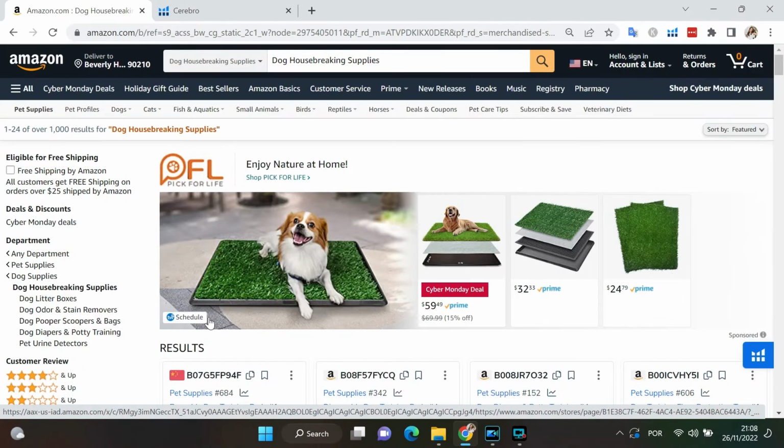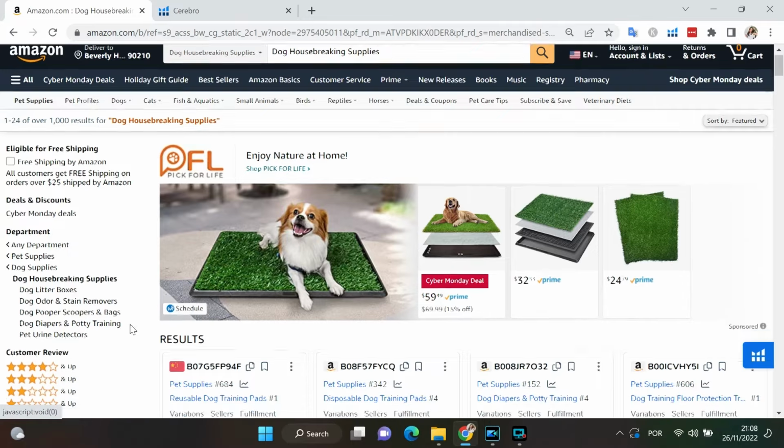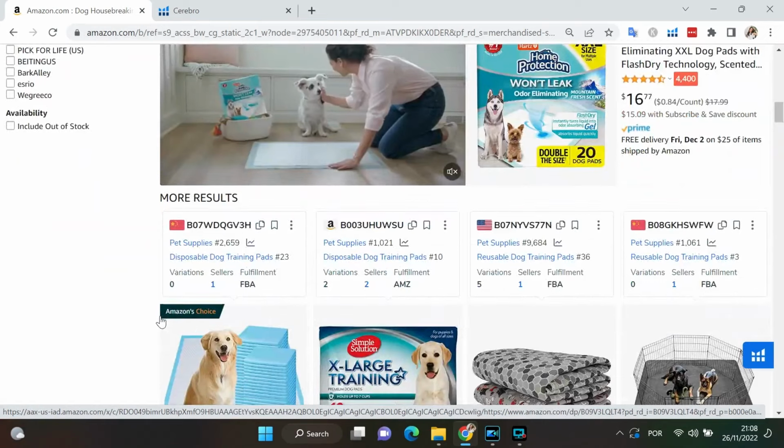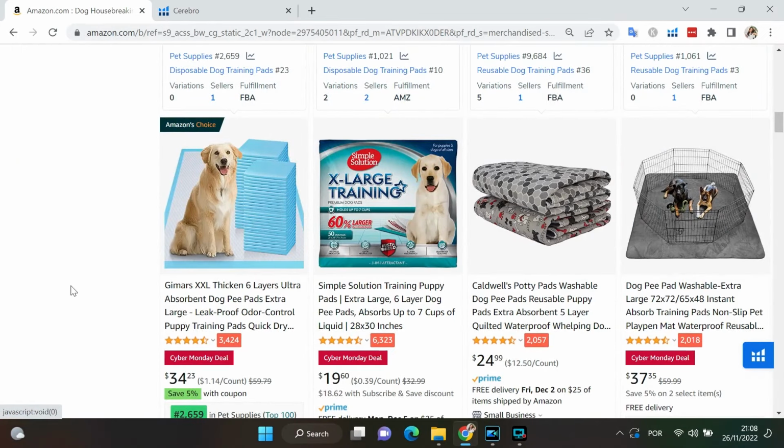characters. I want to give you an example of what I mean when I talk about the title. So looking at the top ranking listings in this category, you can see a clear trend. The Amazon's Choice is called absorbent dog pee pads. Besides that, they also use puppy training pads, along with a lot of different features and attributes of the product that are relevant for decision making. For example, extra large, leak proof, odor control.